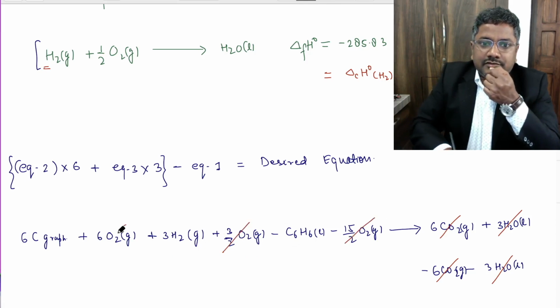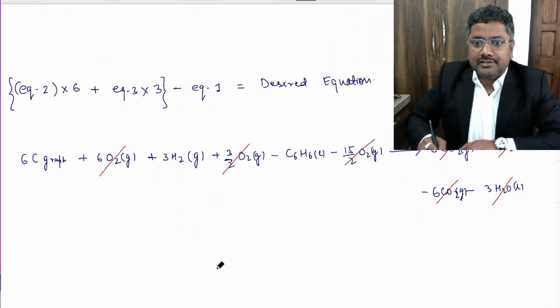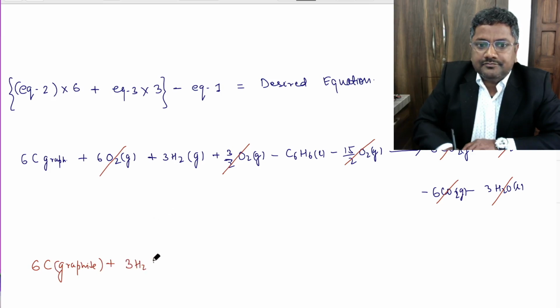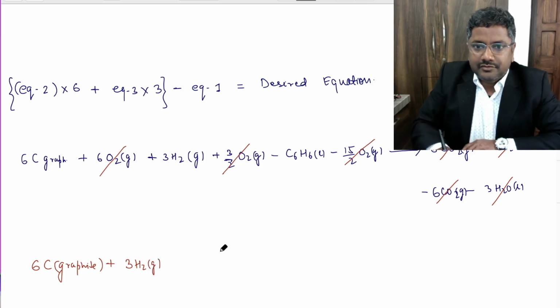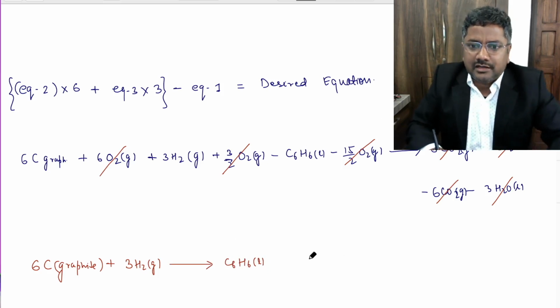Whatever is left you can write: 6 C graphite plus 3 H2 gas will give you C6H6 liquid. Now you can take it in the right hand side. All algebraic rules you can obey here. So this is the formation of